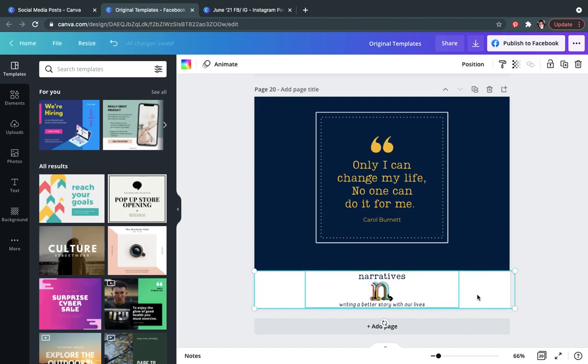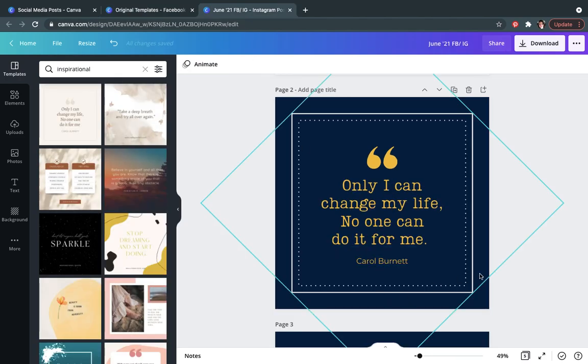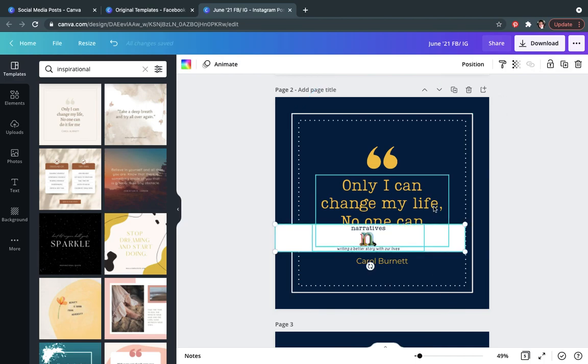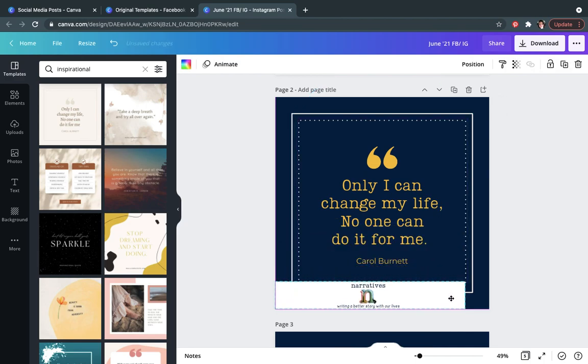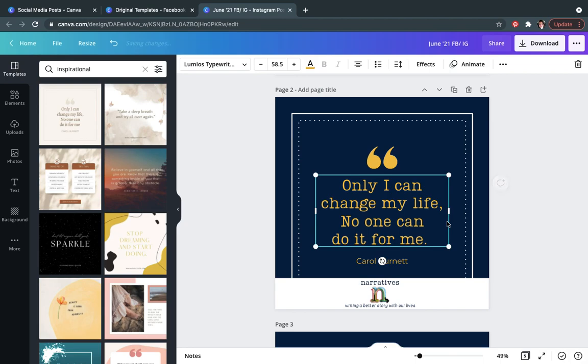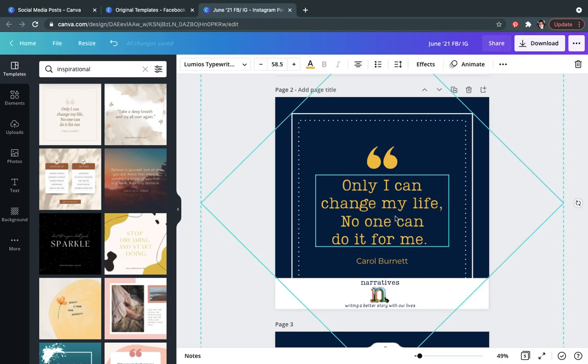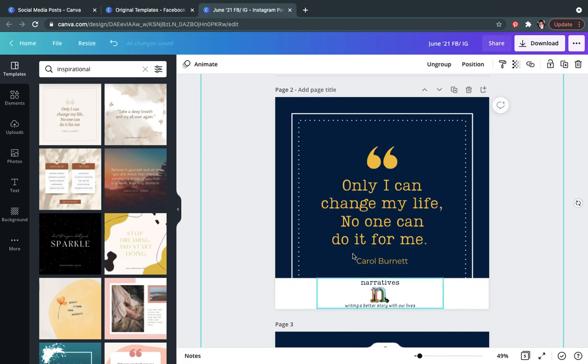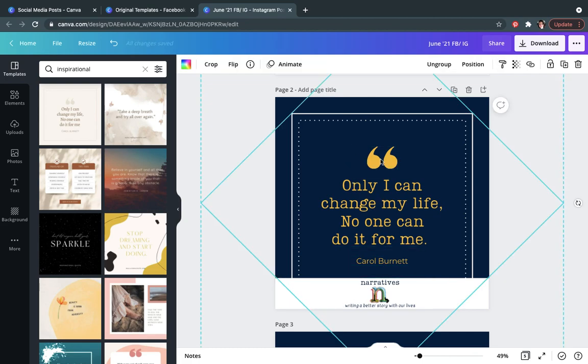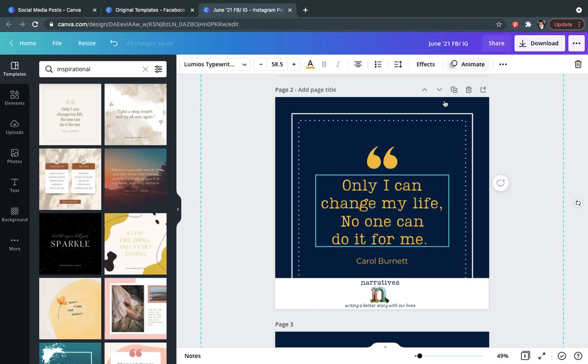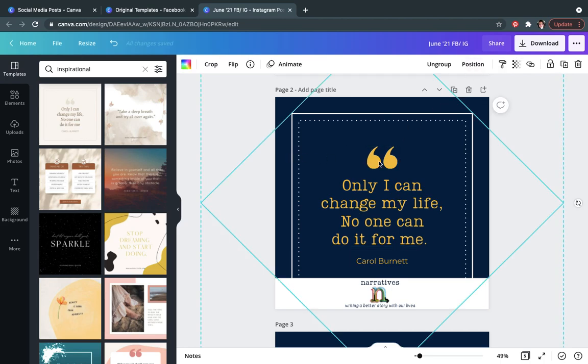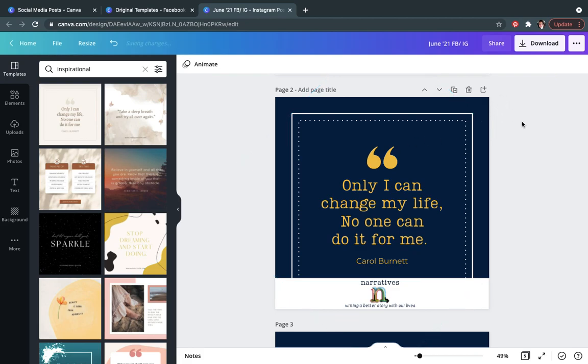And I want this here too. And our templates are not in an Instagram size post, so that's why you're seeing a little bit of the. So again, I'm just hitting Shift. I'm combining all of these so that they will be grouped and they will be proportionate to